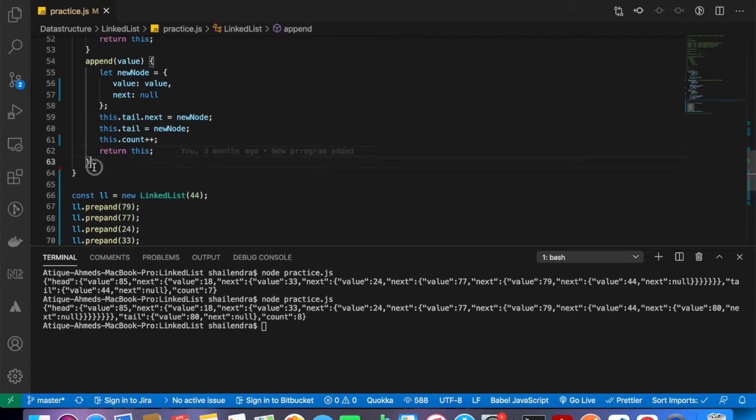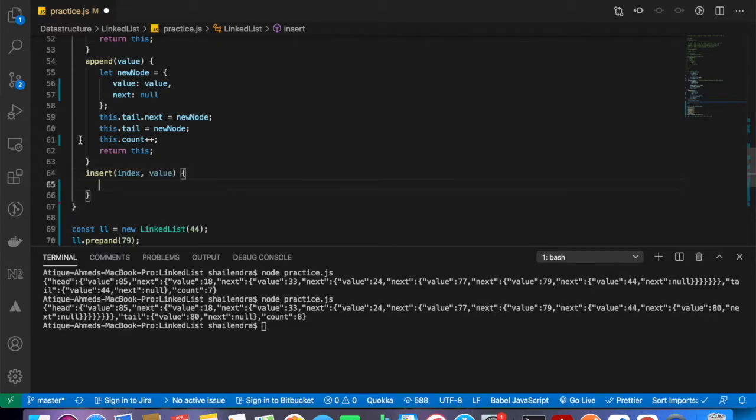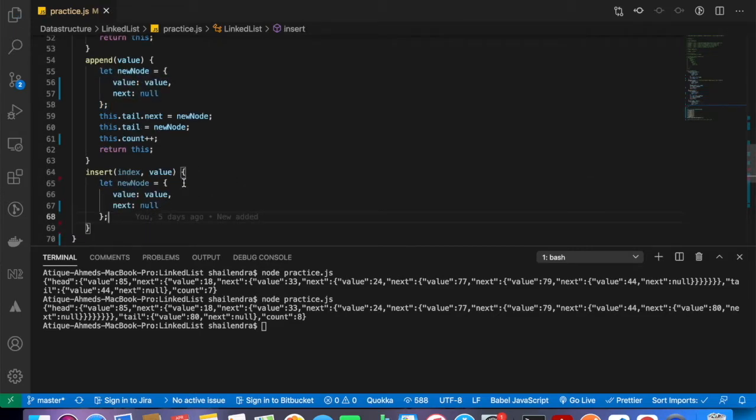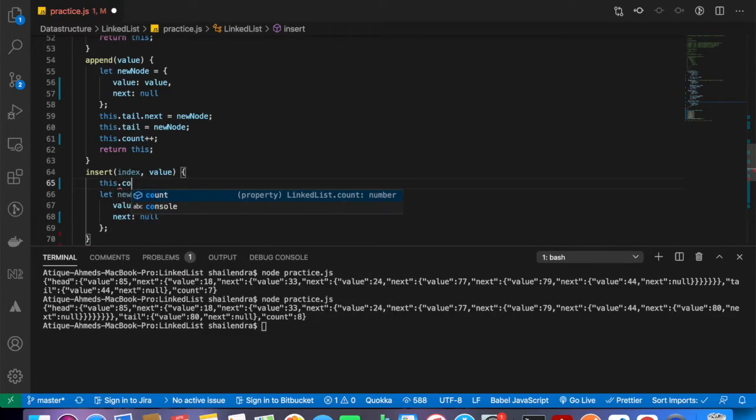I need to create a method called insert, and I need to pass the index and value. In a similar way, I create the new node, and before that I need to increment the counter.